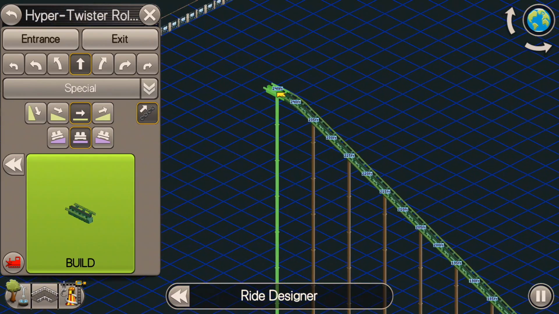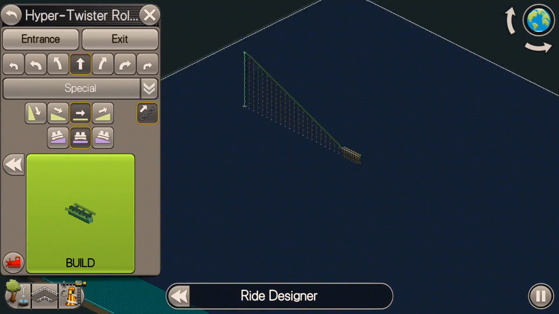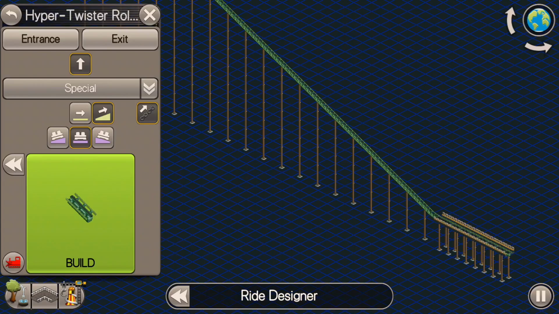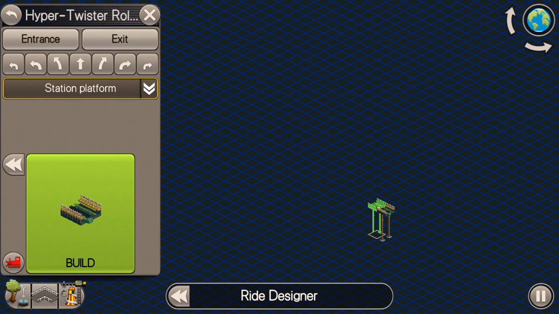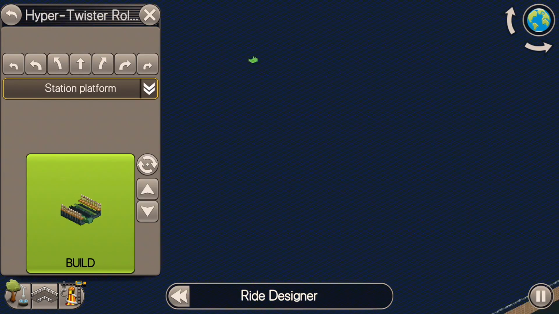But I usually build up to 240 feet, and the reason why I do that is now, as I look at this, this was a noob move. I built the roller coaster too close to the edge of the park, so we're gonna have to relocate it. But yeah, I usually build the initial chain lift hill up to 240 feet, and the reason why I do that